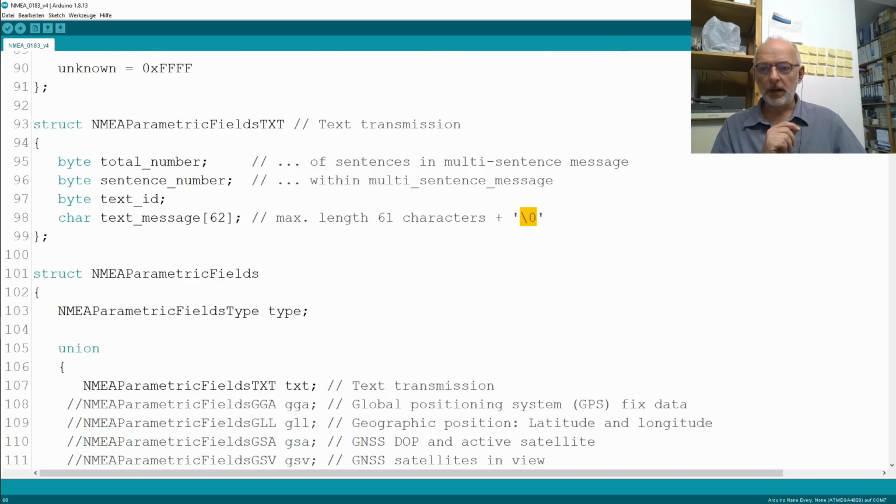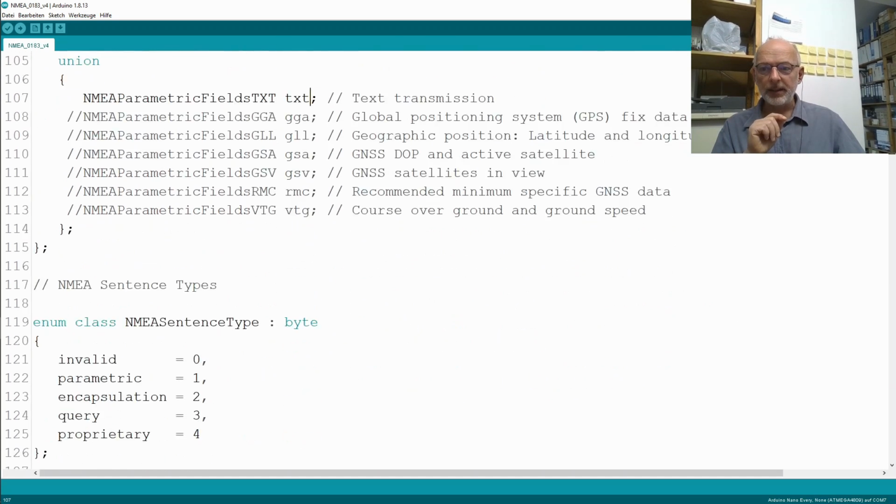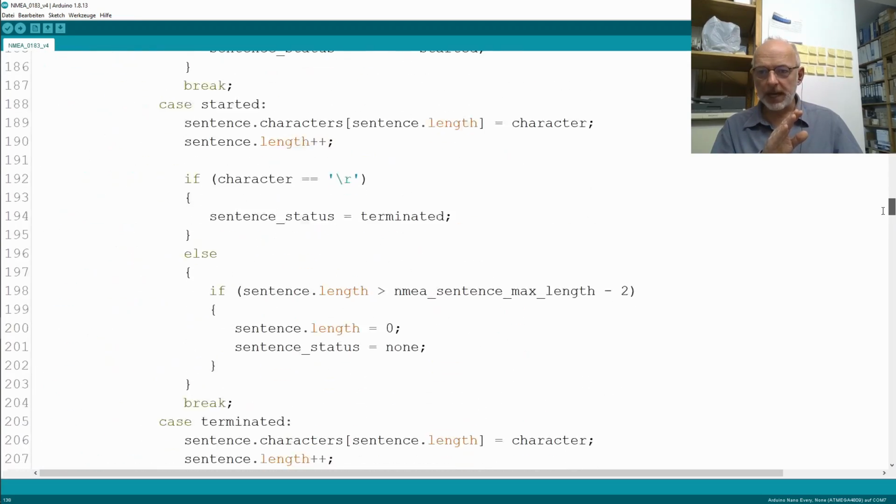Finally, we have a struct NMEA parametric fields, which contains our parametric fields type, and in a union, I talked about that union stuff already in part 1, we find our struct NMEA parametric fields text as text. And that is added to our NMEA data content here in a union again, which contains the parametric fields as parametric, and later on maybe also encapsulated fields, query fields, and proprietary data. Much further down,